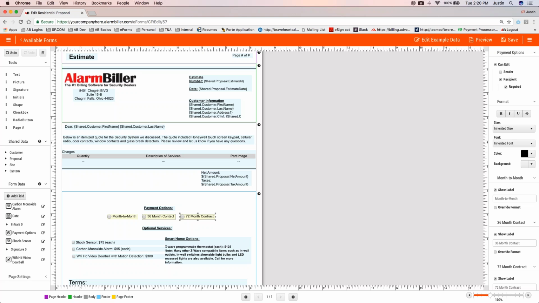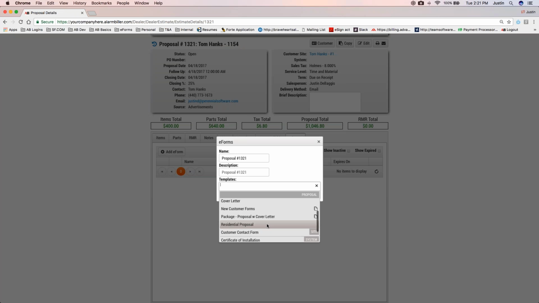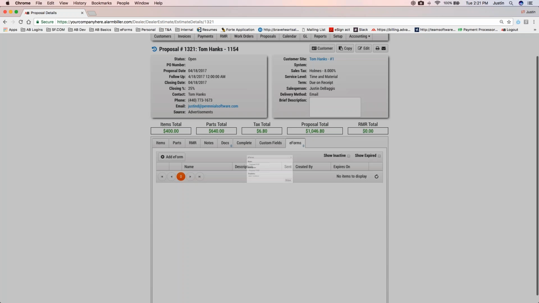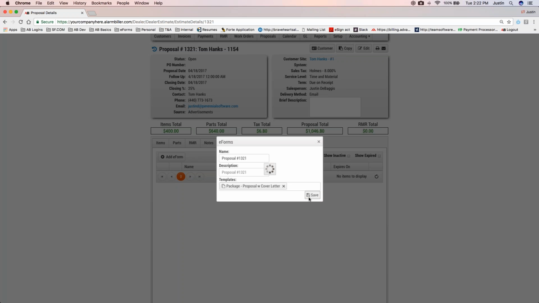So if I click add eForm for this proposal, I can pick the template. Since I clicked on this eForms tab and clicked add eForms, based on the integration type, all of the custom ones that I have set up as AlarmBiller and proposal are going to be listed in here. So here are all of my custom proposals and specific templates that I created that have the integration type with proposal. So if I click on this package and click save,